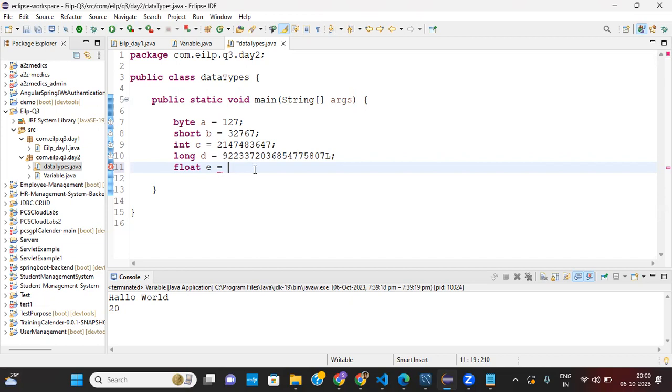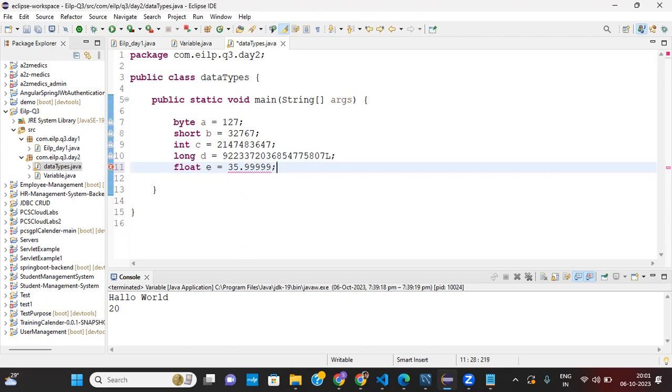Okay, we will see. So there's some limit or range, you can say, and in case of double it is higher. So let's say for float I will give 35.9999. It is giving me an error. Why?